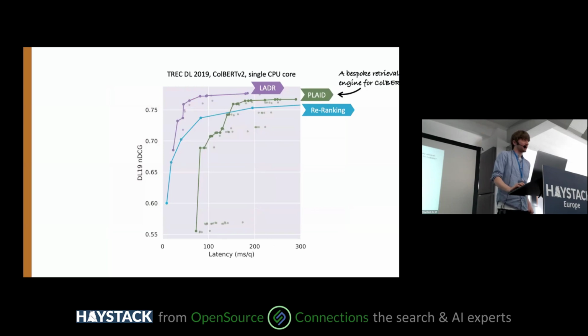We found that this doesn't just work on these single representation dense vectors. This also works on something like ColBERT. So at SIGIR this year, we presented this paper where we tested out using Ladder, compared it with re-ranking and this algorithm called PLAID, which is a bespoke engine specifically made for ColBERT to try to find the best results. And again, we see similar findings to what we saw with the single vector representations. We're able to do substantially better at basically any operational point that we choose.